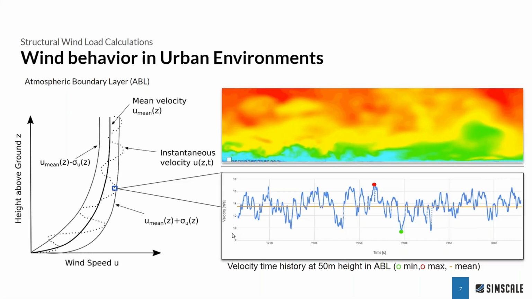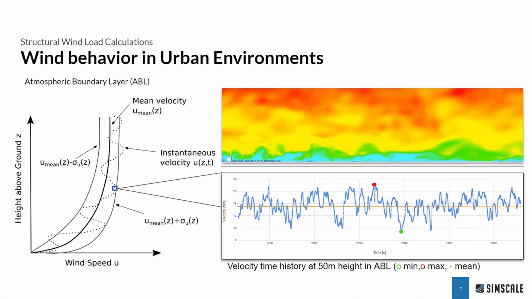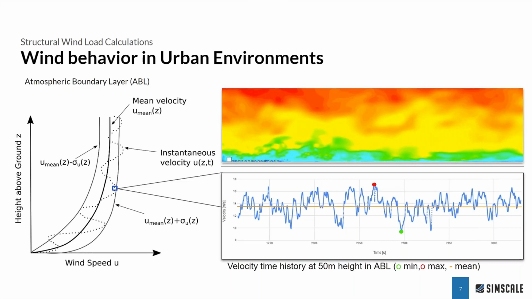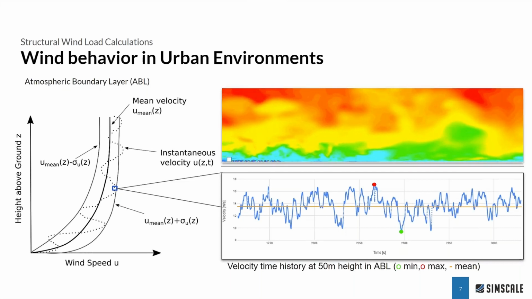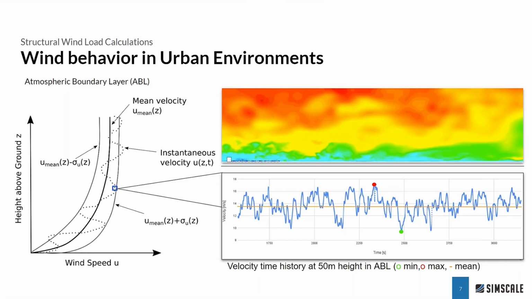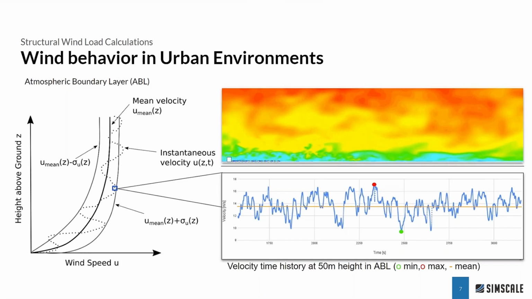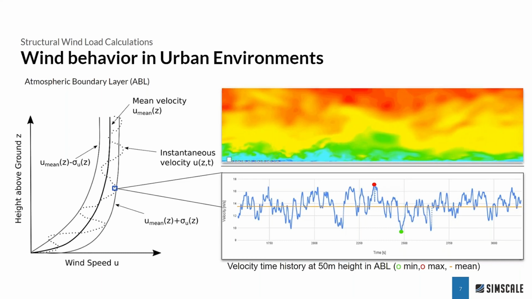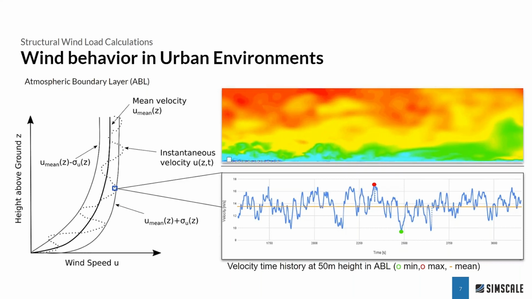So we see there's a lot of transient effects going on in this particular point, and the fluctuations happen along a mean value. And for wind loading applications, these fluctuations and the actual peak values of these are the important factors that decide the actual wind load, the design wind load that we have to take into account to